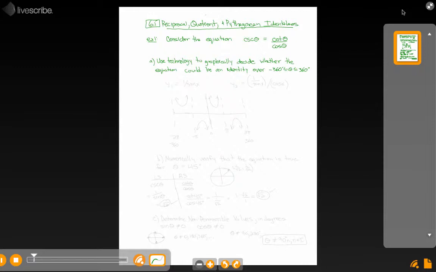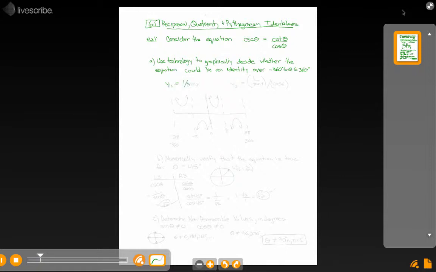So the first thing that they ask us to do in this example, and they will ask you to do in the 6.1 questions, is use your technology, your graphing calculator, to decide whether this equation could be an identity or not. Now, remembering what we did in a previous example, if we graph each side of this equation,